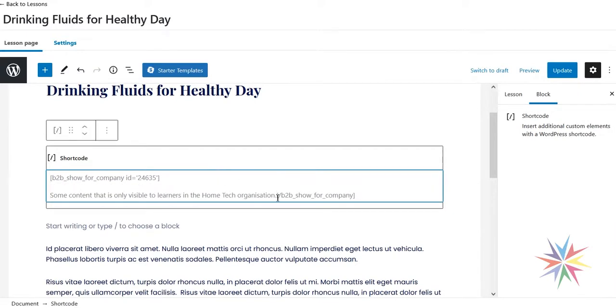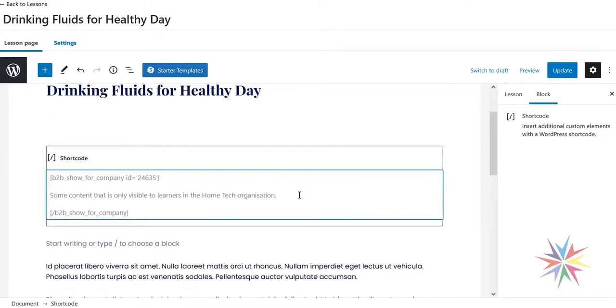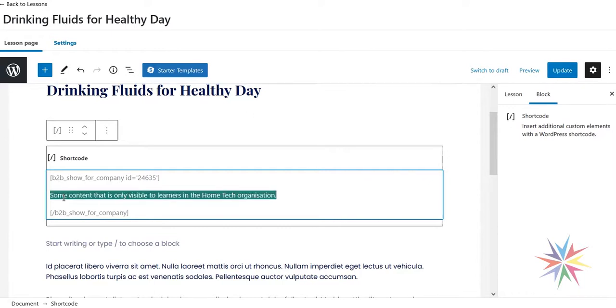Let's split this across a few lines to show you what we can see. At the top, we've got the start of the shortcode, which is B2B show for company ID equals this, and that is the ID of the organization we're working on. Then we see the closing part of it. Anything between them is the content that we can show to learners of the organization. Here it's written as some content that is only visible to the learners in the Home Tech organization. I'm going to delete that bit and say